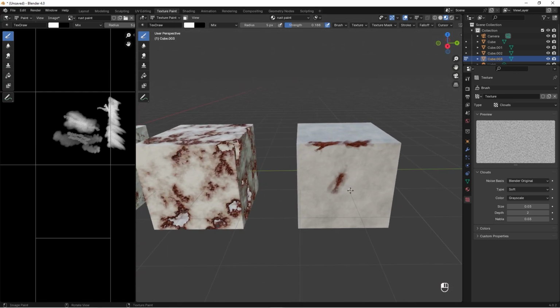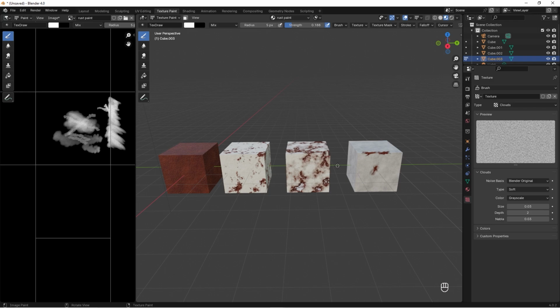So this is how you can work with rust, but I really recommend that you work with roughness and metallic